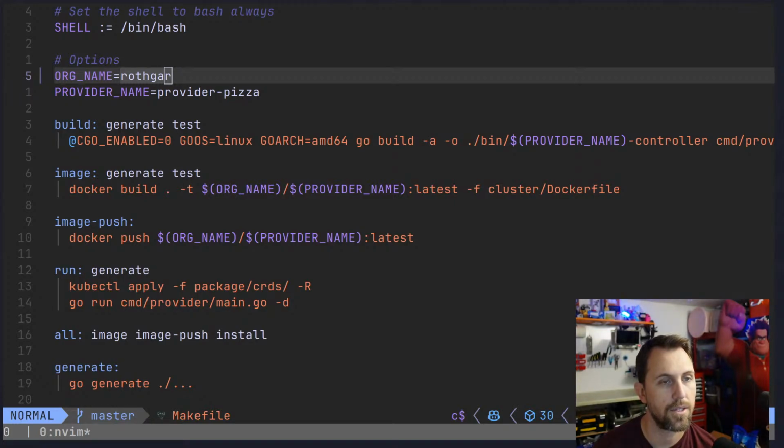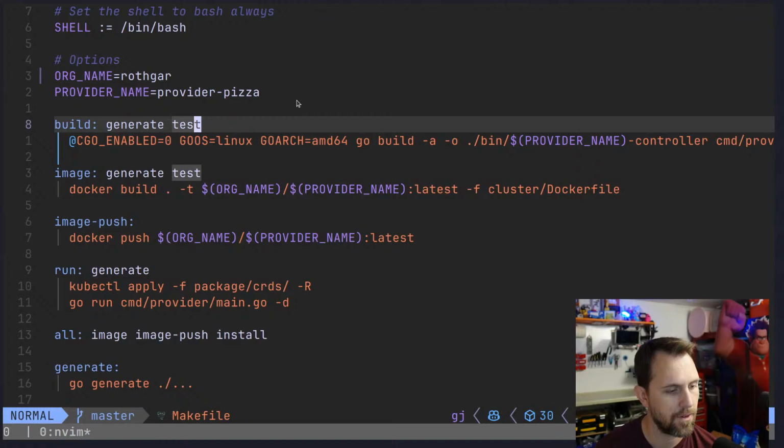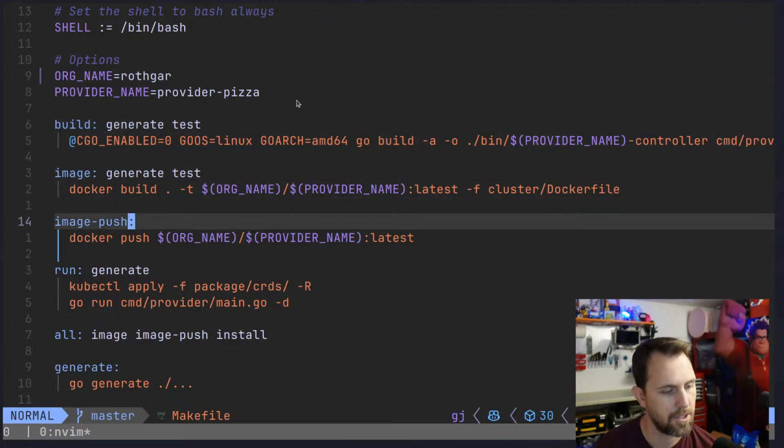That's off screen, so you can't see. Man, I forgot my password here. Docker Hub, continue, continue, two-factor, continue. Okay. So yes. So if I do an image push,